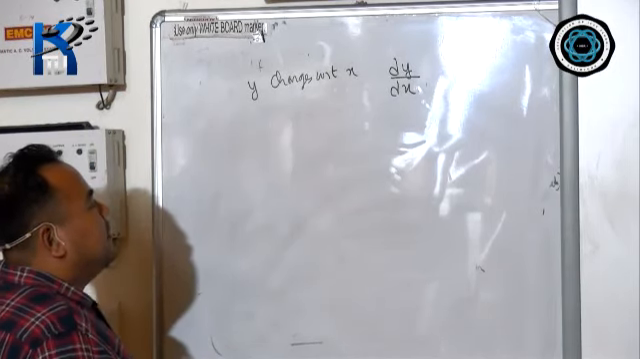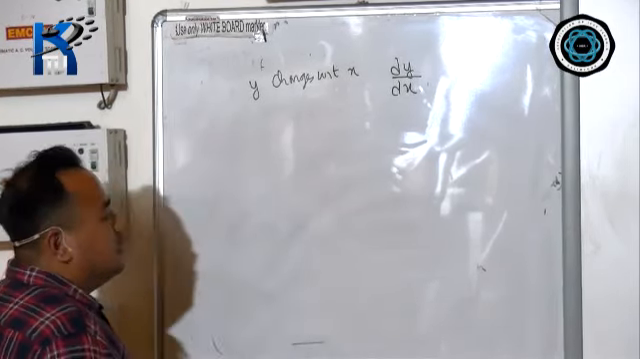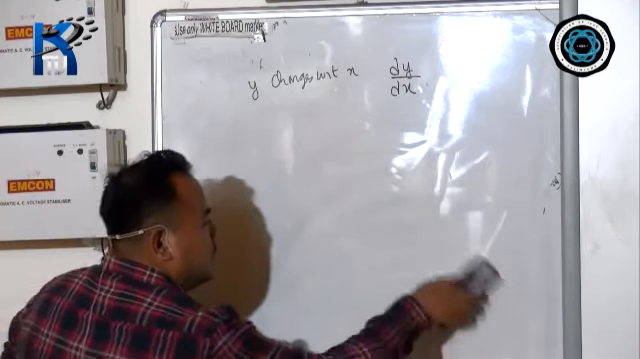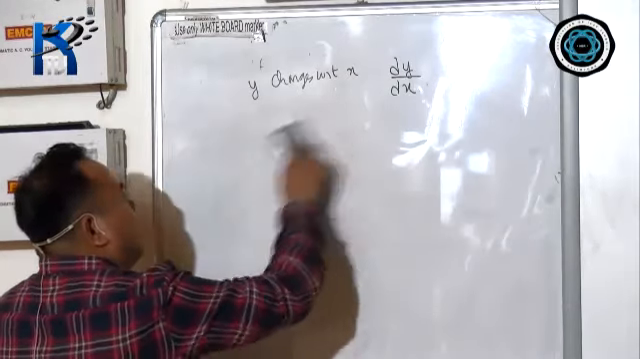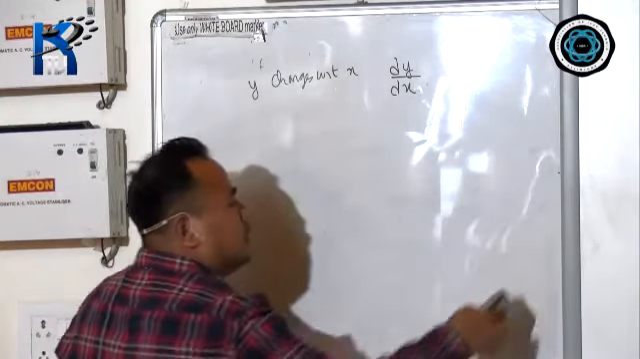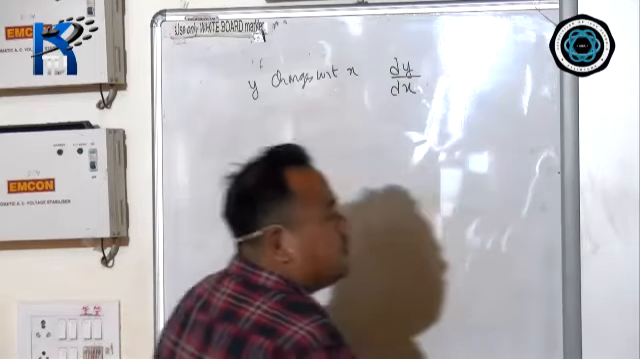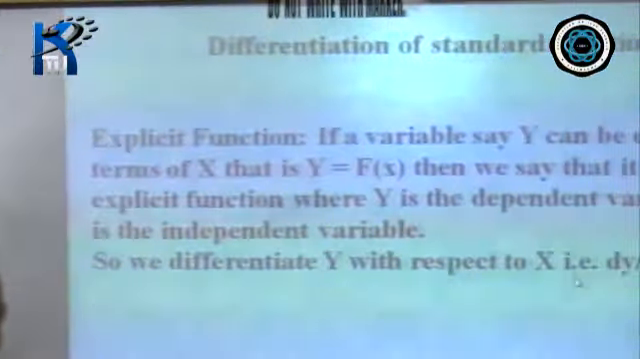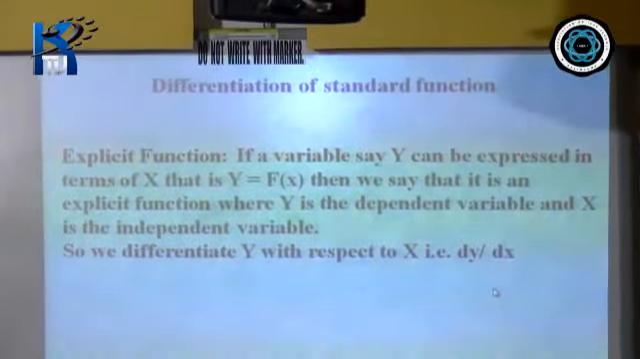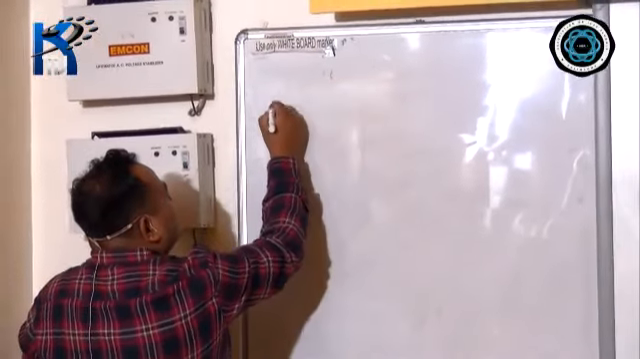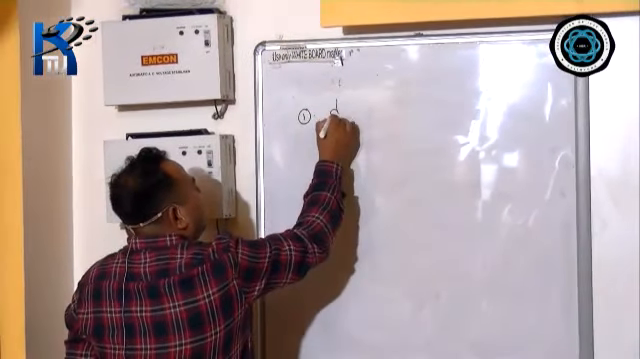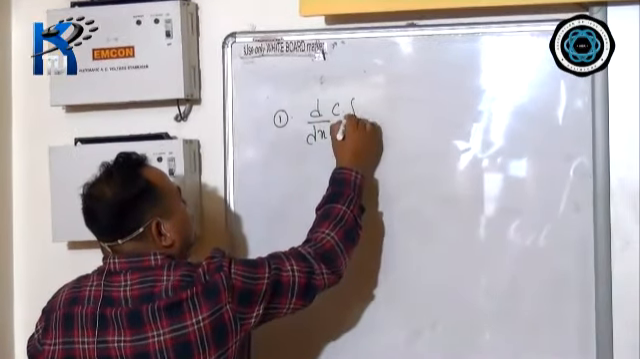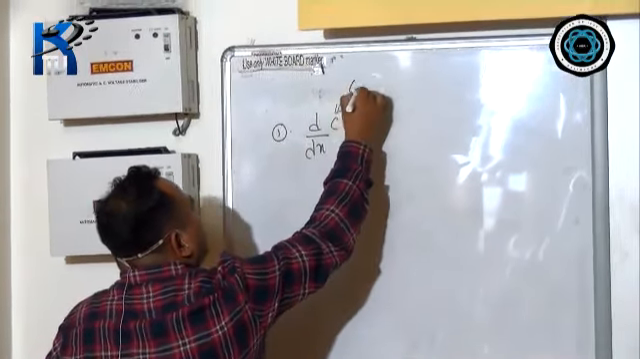So dy by dx. Next, I wanted to explain, look at this. Okay, standard function. Now dy by dx, we differentiate y with respect to x. That is why dy by dx. Suppose, look at this. First property is d by dx. We are differentiating, we are calculating the change. Suppose c into f(x), where c is a constant,